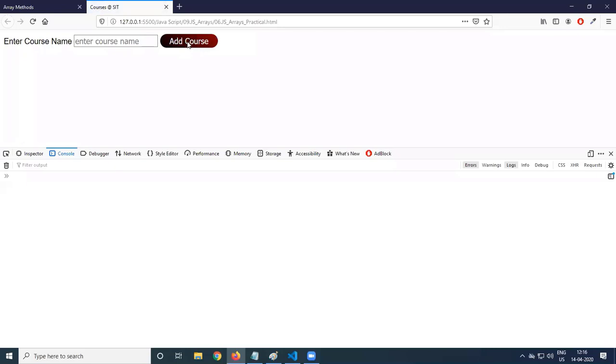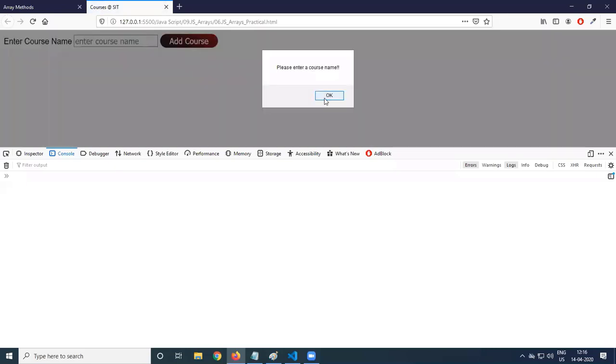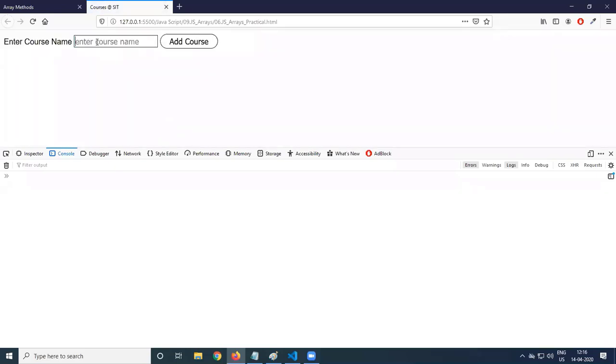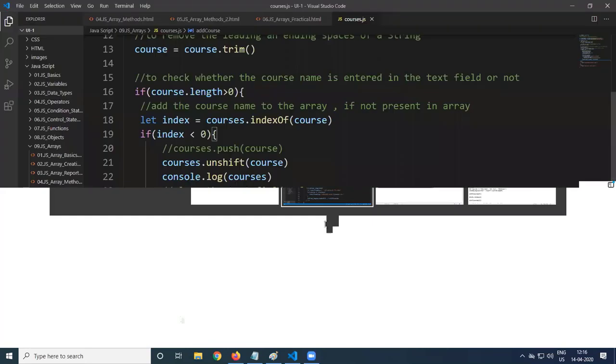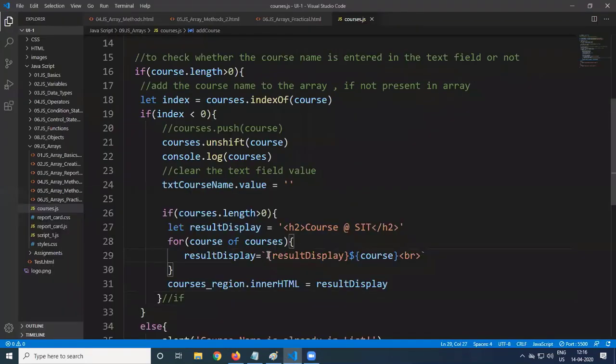Coming to this, if I just click on add codes, nothing, enter a code's name. Now what I do is core Java. So that condition is not required. That is an extra condition. Anyway, we are checking that in the starting itself. Display result core Java. So what is the problem? Dollar is not given.